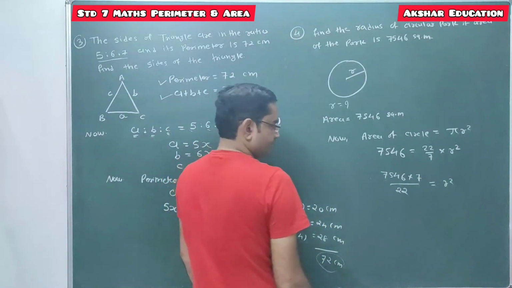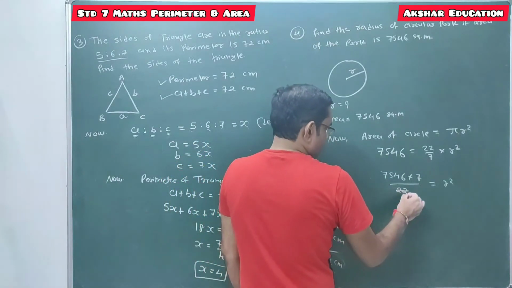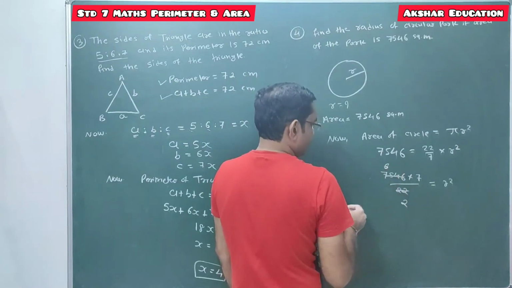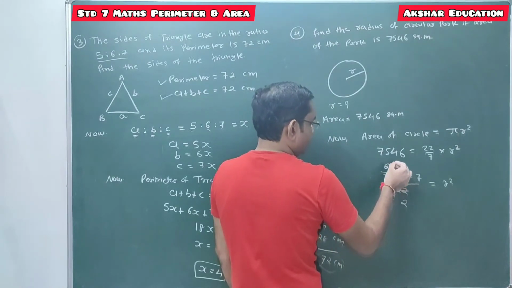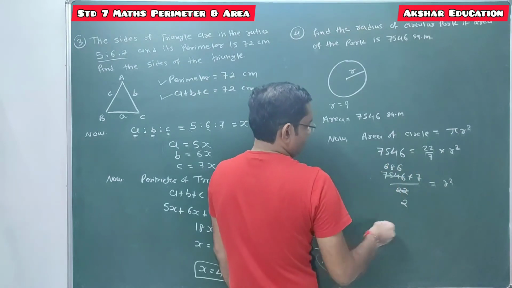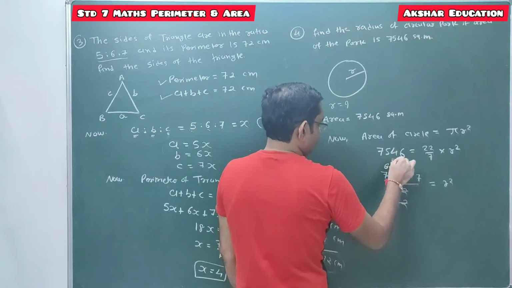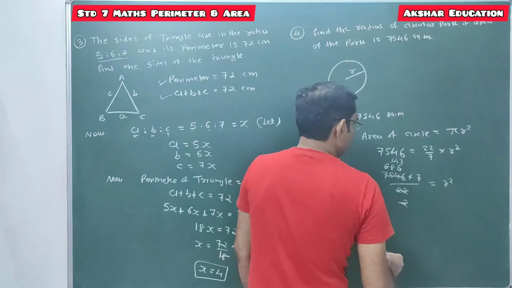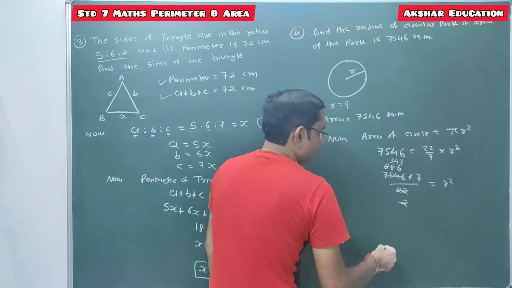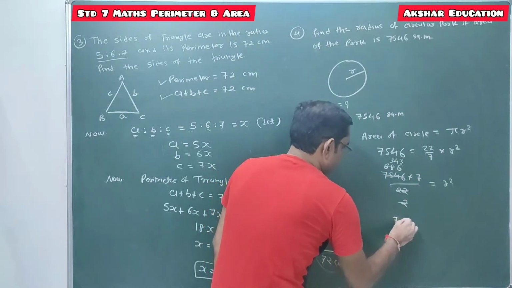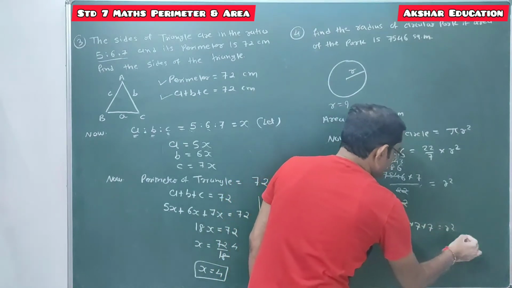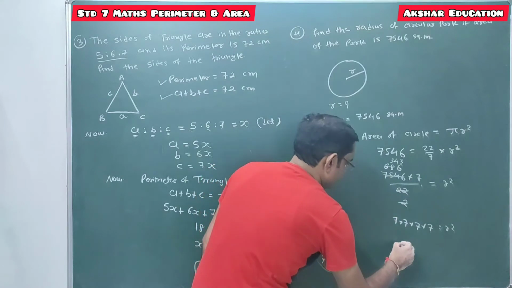Cutting will be done, let's see. 11 2s are 22, 11 6s are 66, 11 8s are 88, 11 6s are 66, done. Again 2 3s are 6, 2 4s are 8, 2 3s are 6. So this will be 343 into 7. So 343 is nothing but the 7 cube. So it can be written as 7 into 7 into 7, and this 7 is again, so it's a r square.